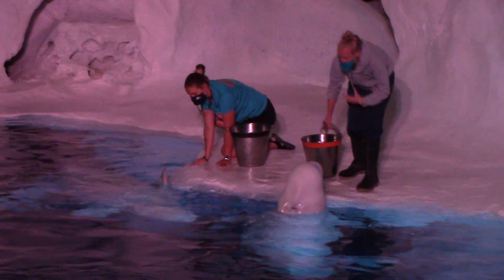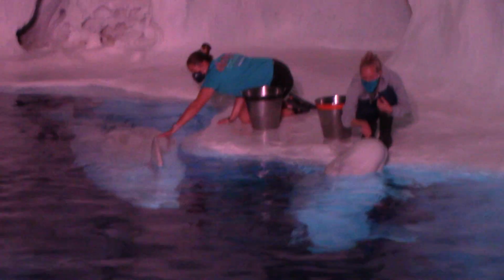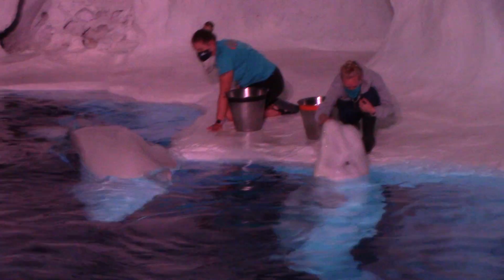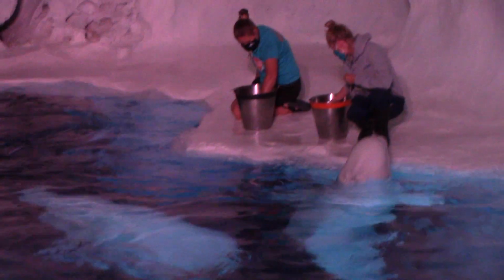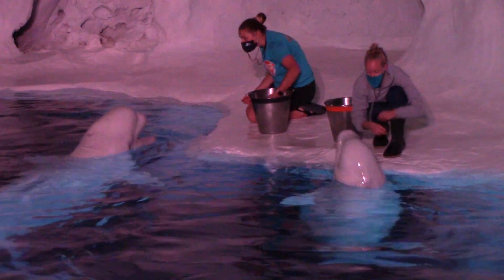Now predators that'll go after a beluga whale are primarily just killer whales and then also polar bears. It might seem odd to think about polar bears going after a beluga, because polar bears you think of as walking around on the ice, but they are considered marine mammals, and they're very good swimmers, and they're very strong and powerful. So actually a male polar bear is going to top out somewhere around Oliver's size in terms of